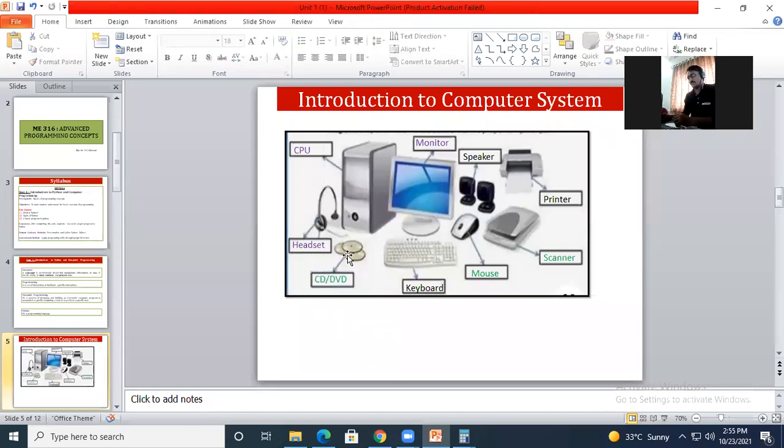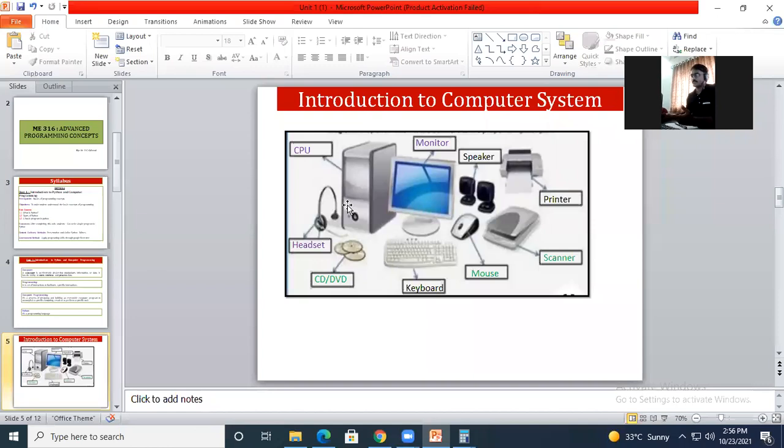Now we can say that CDs and DVDs are nowadays out of date, because we have the USB port for pen drives. In a very small device we can keep a lot of data, maybe 128 GB, or a hard disk of 1 TB.